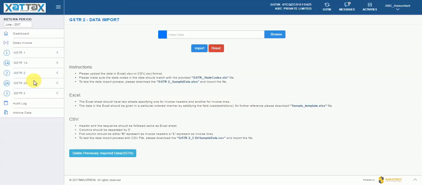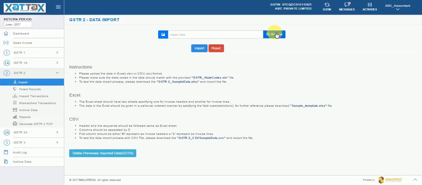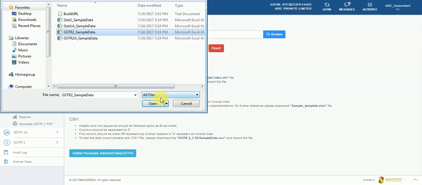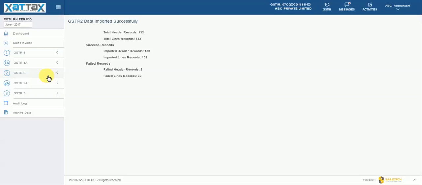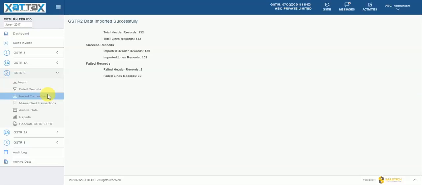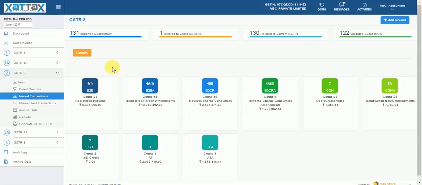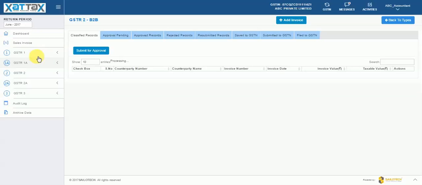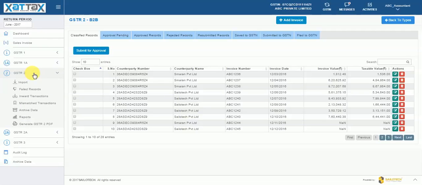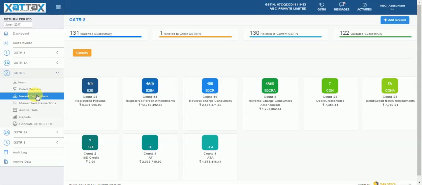In the same way, there might be inward transactions recorded on the accountant's ERP or any other system. The accountant can further import these inward transactions pertaining to his or her purchase data, which will be exactly the same as with GSTR1 transactions. The process is the same pertaining to the import, wherein the accountant reviews and checks whether all the invoices are fine or not and then submits them for approval. Once these get approved, the accountant can go ahead and save them, submit and finally file them to GSTN.